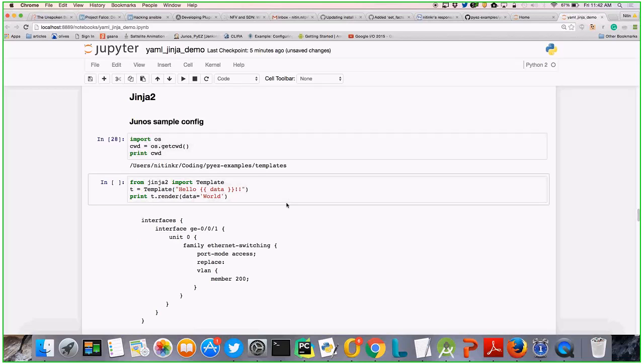So this is the simplest template. The syntax of templates is this, and then provide the variable inside that. So these curly brackets and that variable; this variable needs to be assigned by the user when you are doing the rendering. So I've defined and created a template of that string. Then I know this is the data which needs to have the value. So data equal to world, and you'll get the output of that.